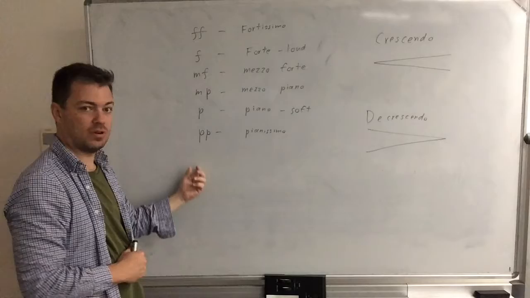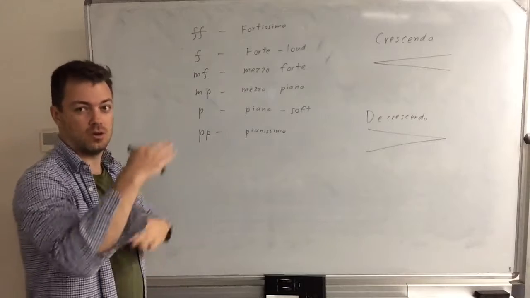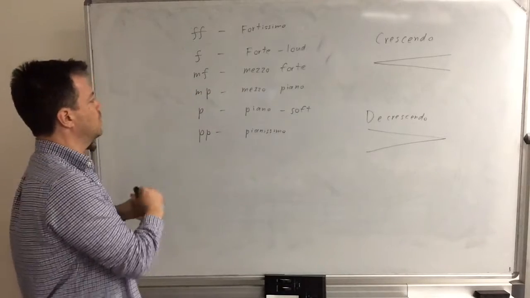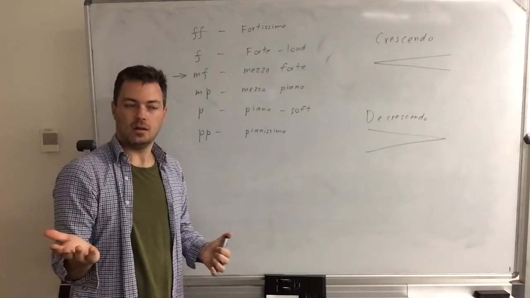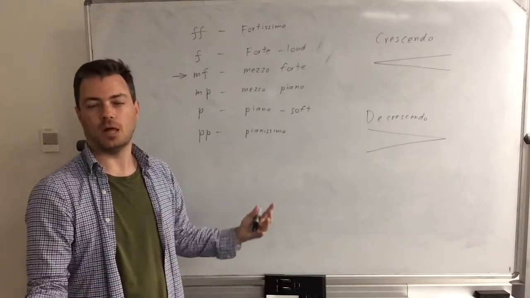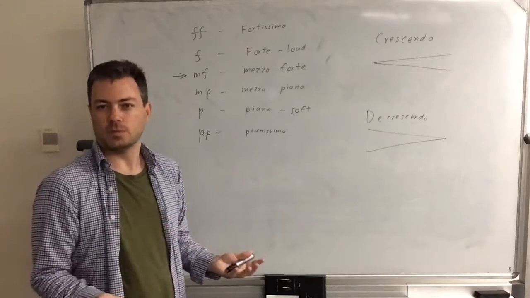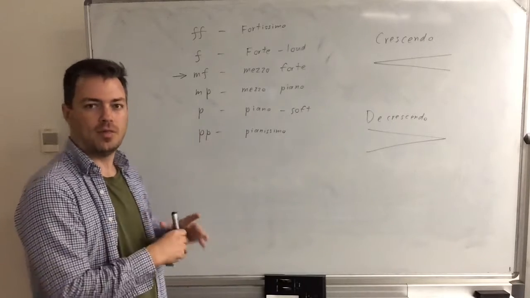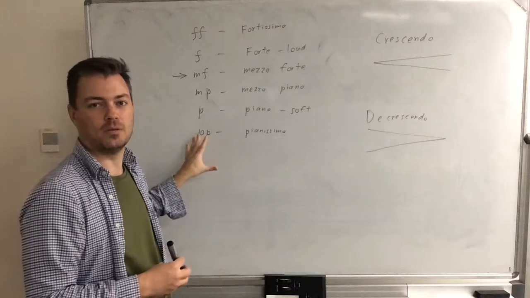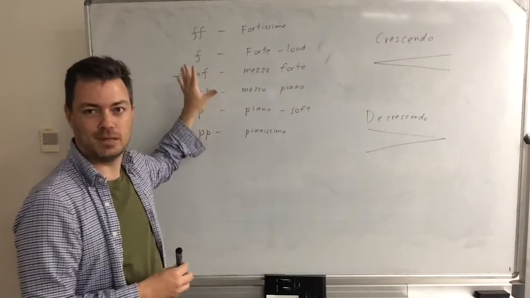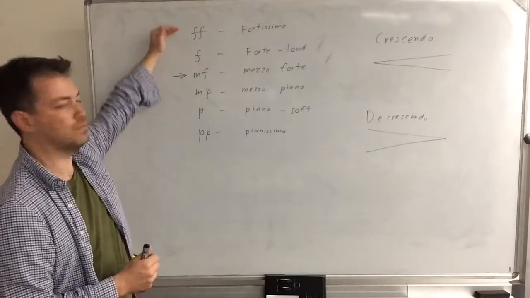You can actually get 3 Ps and 4 Fs, and I think I may have even seen music with more than that. So it does go to quite extremes. This one here is important because generally MF, moderately loud, is considered the volume that you would normally play at. So if the chart or the music says MF, then you would play at the volume that you're probably used to. Just moderately loud, that's normal. And then from there you would move to other parts. Most people just do this kind of thing naturally. I mean, we're not going to be playing from music too many times, but we do need to know these terms. So that's what those mean, everything from very soft to very loud.